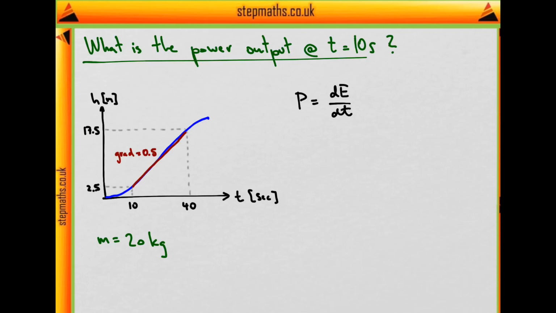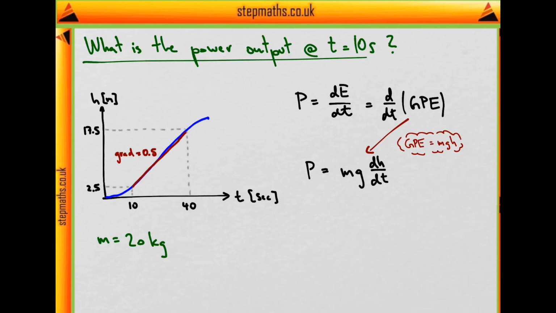The power, by definition, is the change of energy with time, or the work done per unit time. And the work done during the lifting must be equal to the change in the gravitational potential energy. So the time derivative of the potential energy must be the power output of the crane. And since the gravitational potential energy equals mgh, we can differentiate that, and the only non-constant quantity